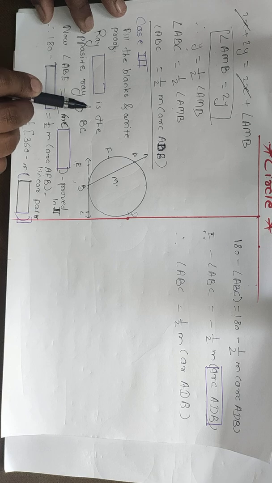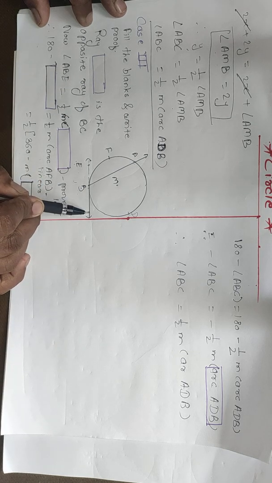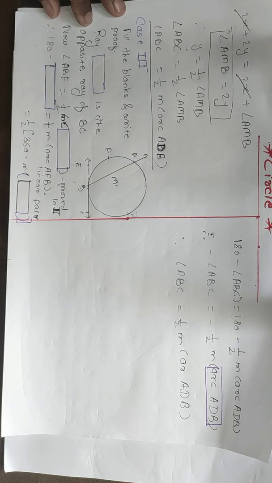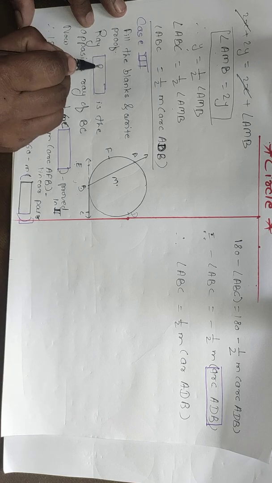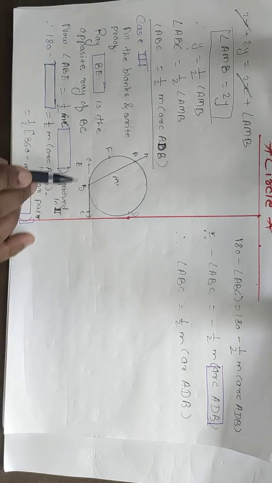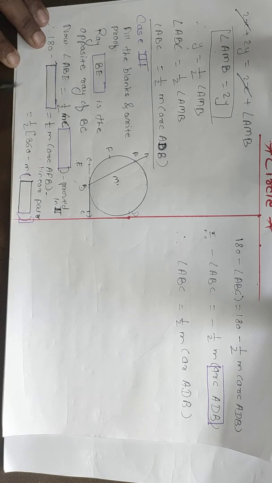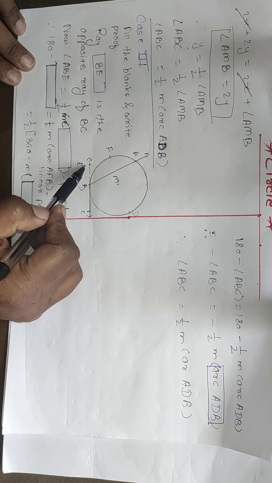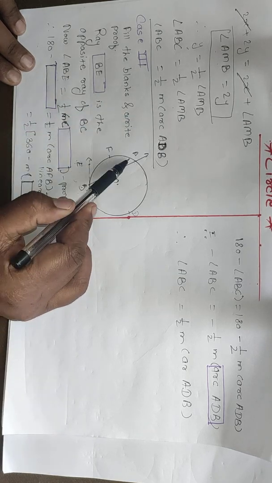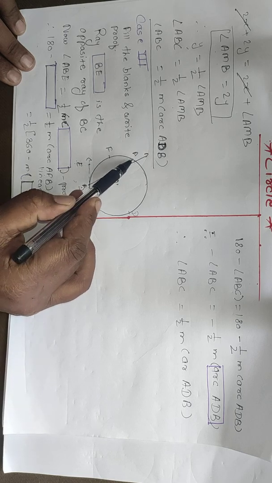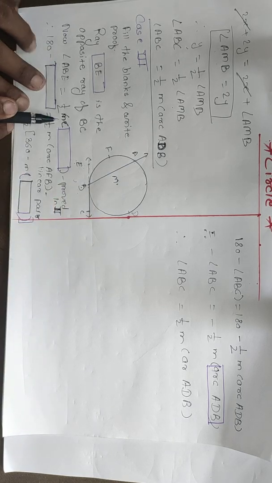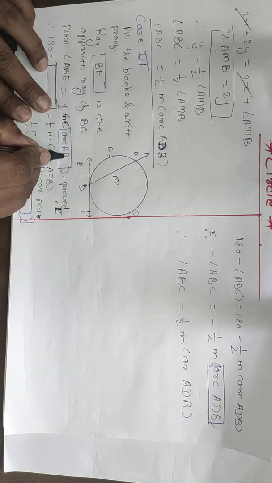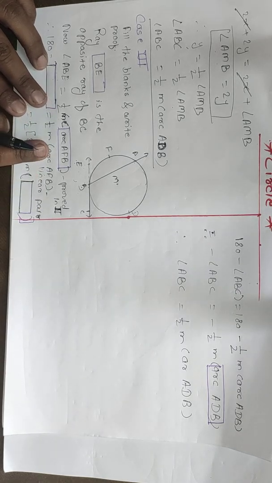Ray dash is the opposite ray of BC. So here it is BC, and the opposite ray of BC is the ray BE. So we will write here BE. So BE is the opposite ray of BC. Now angle ABE. This angle ABE, as you know, we just proved, is half the measure of the intercepted arc. So angle ABE is equal to what will come? 1/2 measure of arc AFB. Arc AFB, that we have to write here.